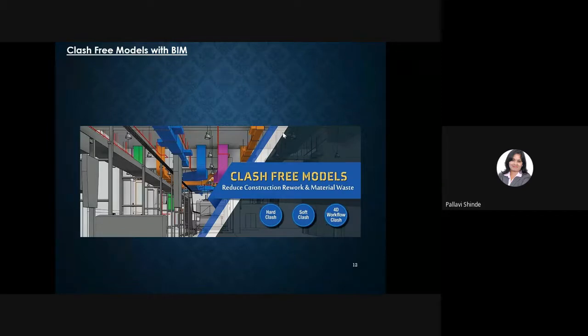So both the consultants have to sit and take a point wherein, once the decision is taken on who will change, then the same is going to get updated in the model, which will resolve that particular clash. Okay, so clash free models are a need of today's digital construction, I can say, because we need to save money, we need to save our time on site, we need to be fast in our decisions,